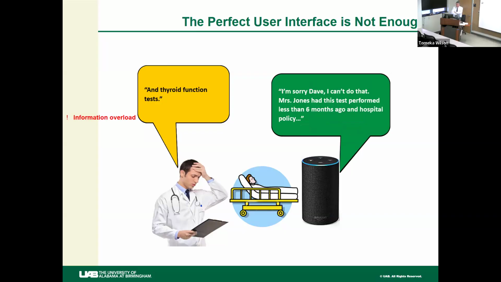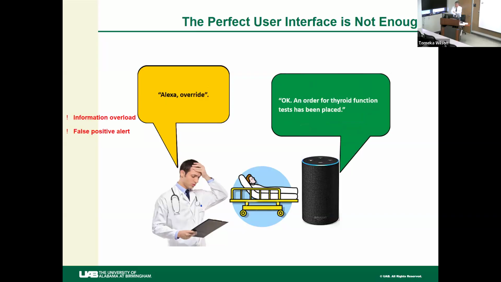Mrs. Jones had this six months ago. So this is an alert, but it's a false positive. The patient has a new problem, so it's okay to do the test. The order is in place. Alexa, please schedule Mrs. Jones for an electrocardiogram. Now the system should give an alert here, but it doesn't. Let's take the emergent scheduling.